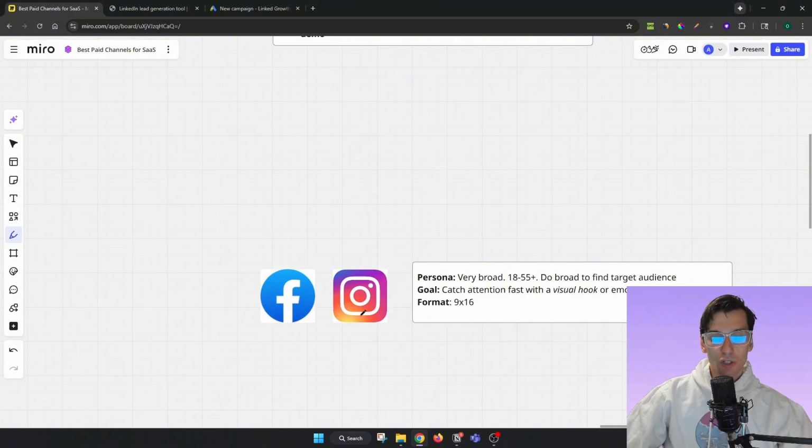I've spent so much money on Meta running e-com products before, and then SaaS product, and it's by far still the best, because who's your persona? No matter what product you're advertising, your target persona is gonna have an Instagram account or Facebook account. And the best thing is you don't have to pick. Meta algorithms are extremely smart to identify where to advertise your product. Usually older people are on Facebook and younger on Instagram, but doesn't mean that one is better than the other.